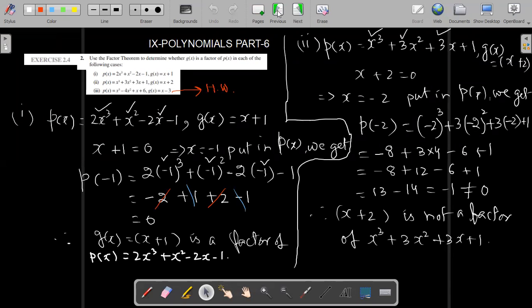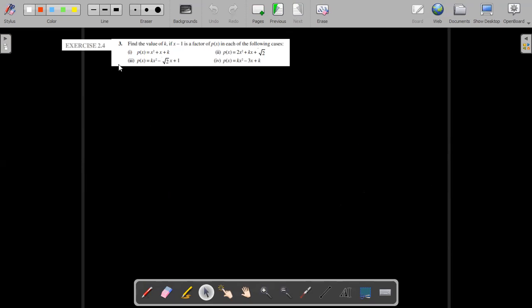In the previous question, we checked whether the given polynomial is a factor or not by equating to 0, getting the value of x and substituting it in p(x). If 0, it is a factor. If it is not 0, it is not a factor. Now we have a different question, but here it is already given that x minus 1 is a factor of this,